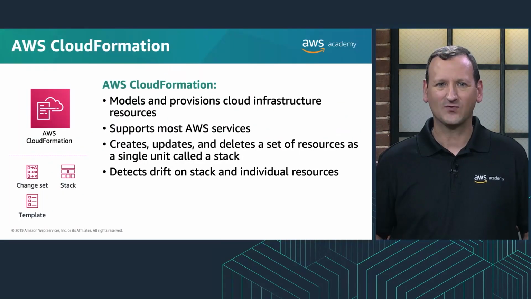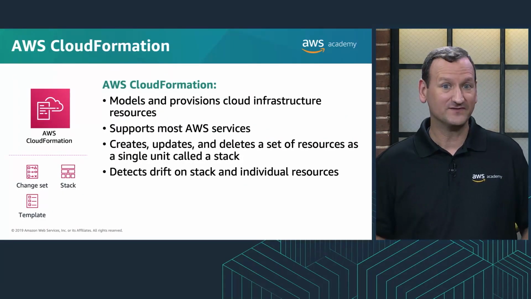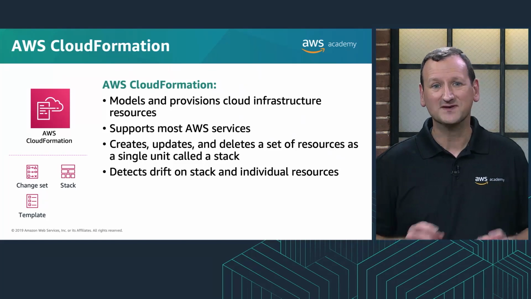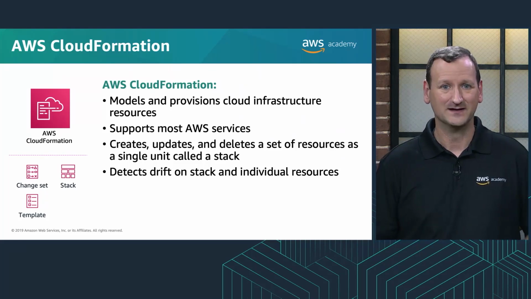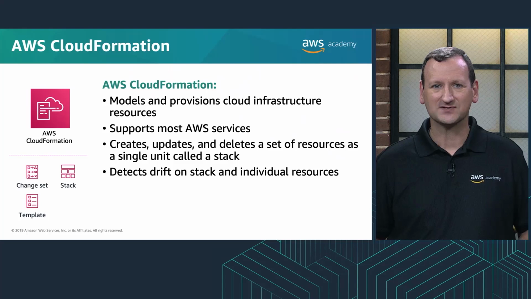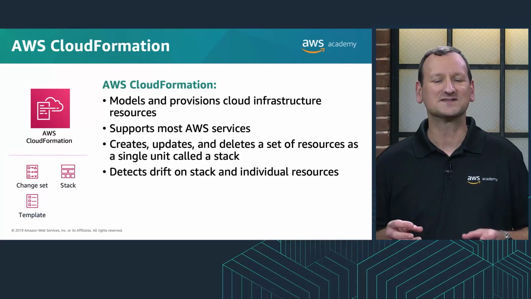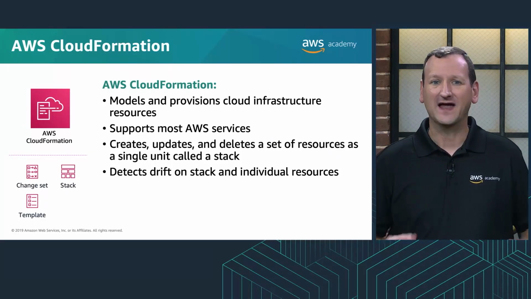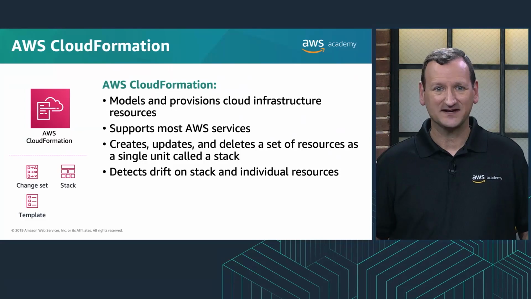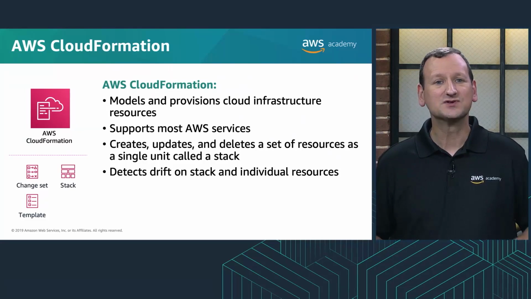With AWS CloudFormation, you create and provision AWS infrastructure deployments predictably and repeatedly. You can use AWS CloudFormation on services like EC2, Amazon EBS, Amazon S3, and many others. You use a template file to create or delete collections of resources, managed as a single unit known as a stack. If for any reason something changes outside of AWS CloudFormation, you can use drift detection to identify which stack